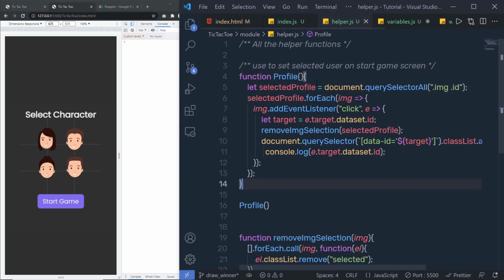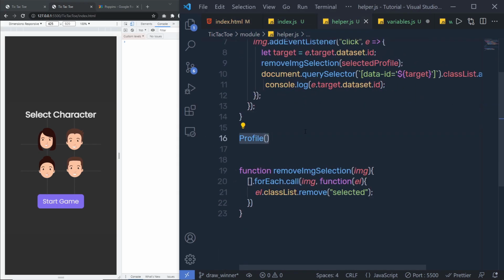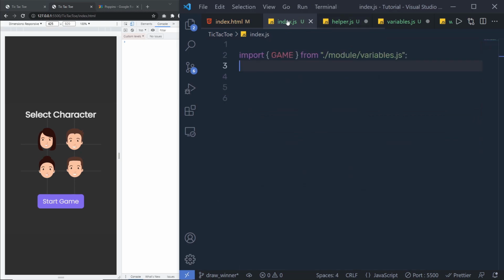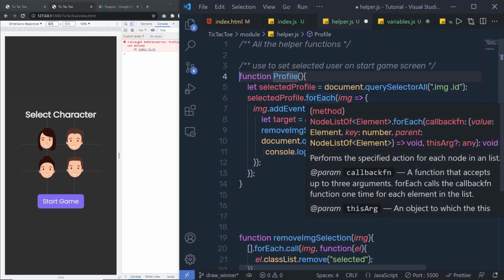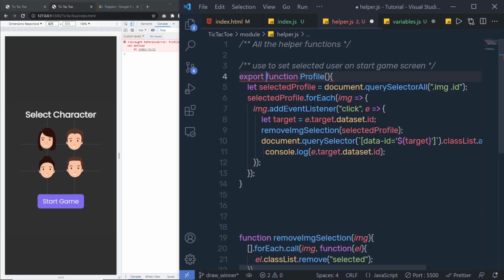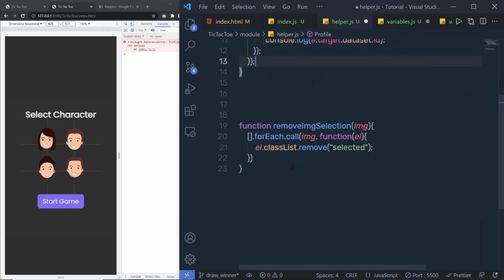Just after that, back to the helper.js, grab this profile and paste that in the index.html, something like this. As you know, we don't have this profile function inside index.html. So I'm going to have that error here in the project. To solve this problem, we need to just add an export statement here: export function profile. Export this function, save